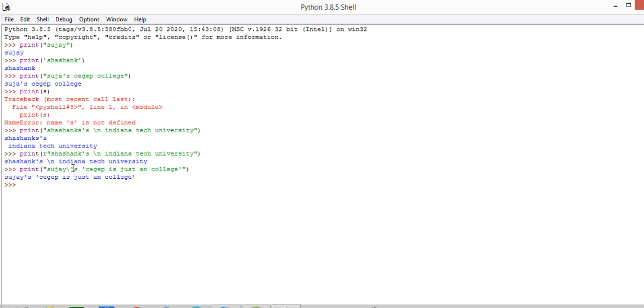So what exactly happened to the single quote? The single quote got satisfied with the backslash n. So whenever there is a single quote that we need to ignore, we need to mention this backslash symbol, then it will be satisfied. So that's it for today's